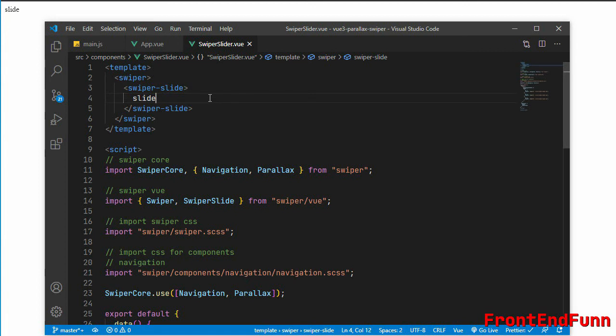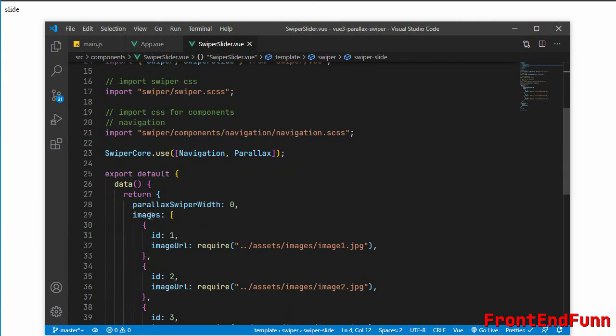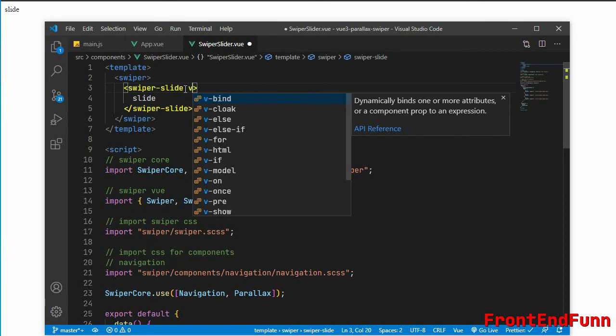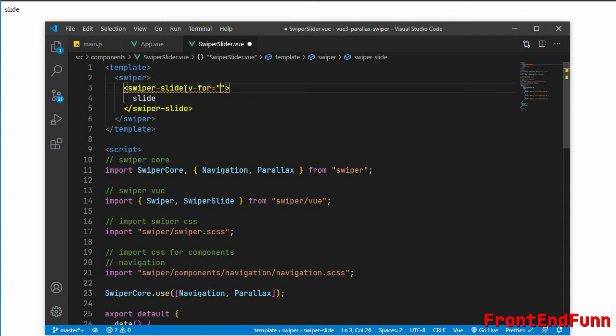Now we'll make use of the image data and loop over it, using v-for, image in images.